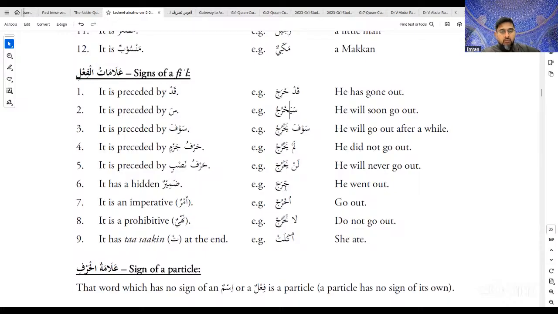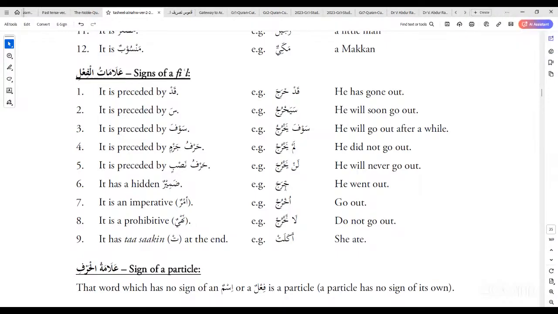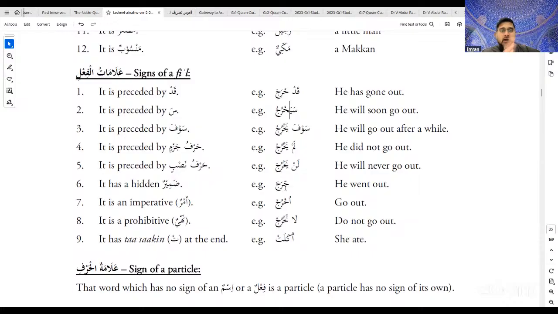Now, at the moment, for all of the students who have not done a command in the Arabic language, the first surah which was revealed in the Quran was Surah Iqra, Alaq. Sister Zahra read Iqra. What is Iqra? Why did she say Iqra? Why couldn't she say Alaq? So Iqra, where is it from?